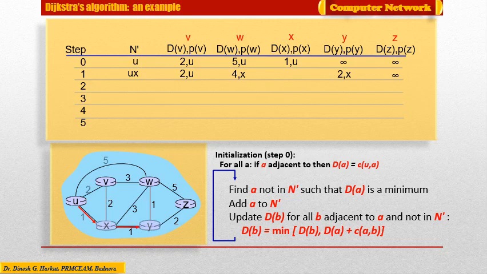We will take Y as the next node to be added in subset N dash and then compute the values accordingly. These are the values at the end of the second iteration. Again, the value from Y to V is unchanged, which will remain 2, and the immediate previous node will remain the same.